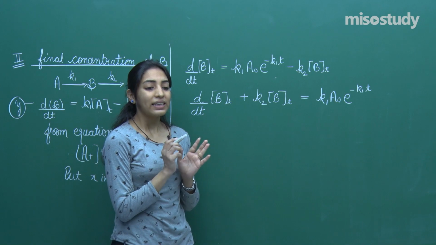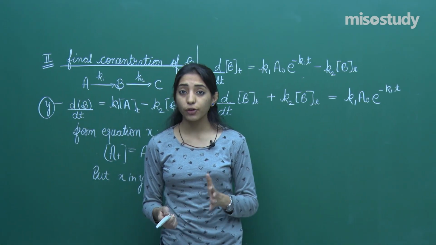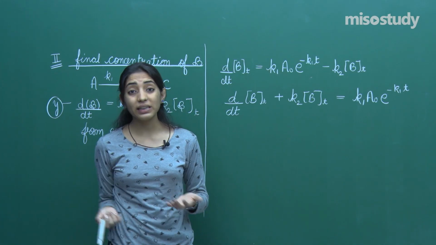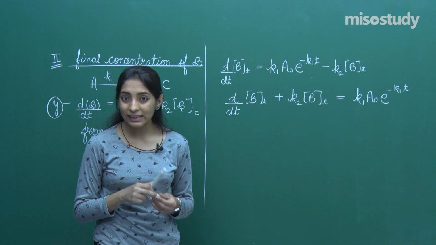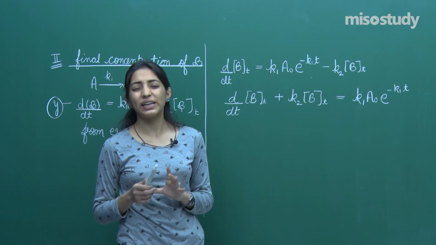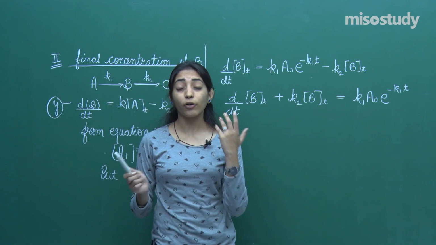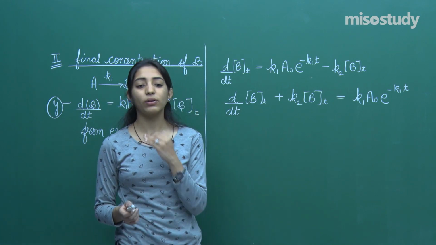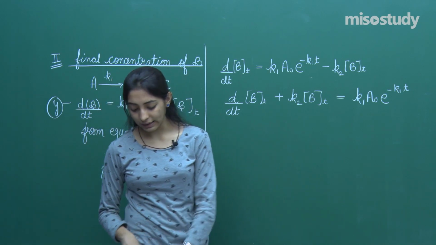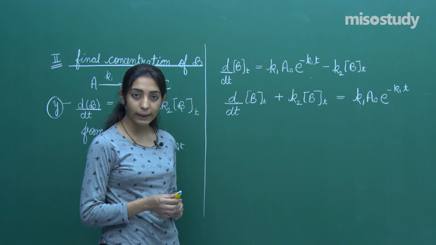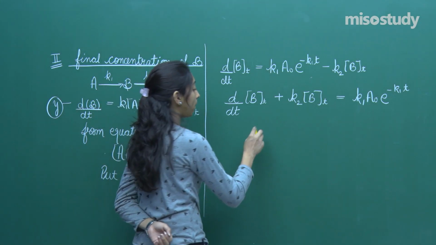And how is this to be done? I need to solve the left hand side. This you people would have done, I think you would have already completed it, or you might be still doing it. When you talk about the integral part in mathematics, you talk about integrating factor and all. So I'm not going into the details of integrating factor, how to find the integrating factor and all, but you can refer to your maths textbook, NCERT, from where you can get this integrating factor and all the stuff.